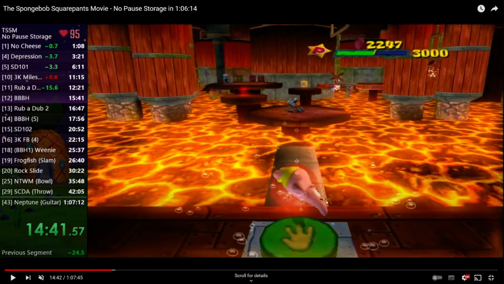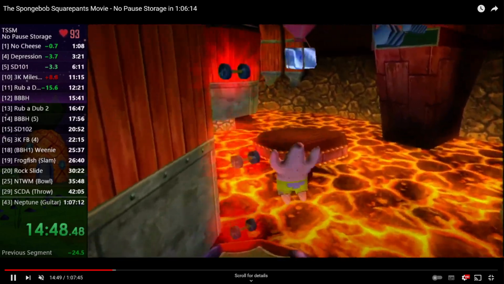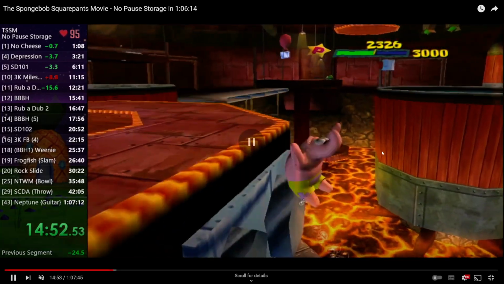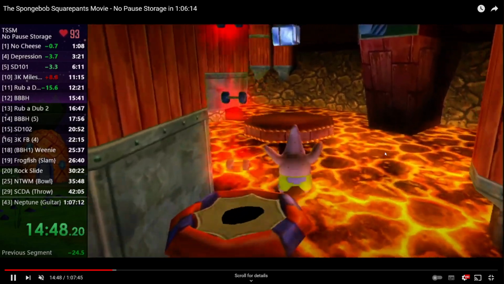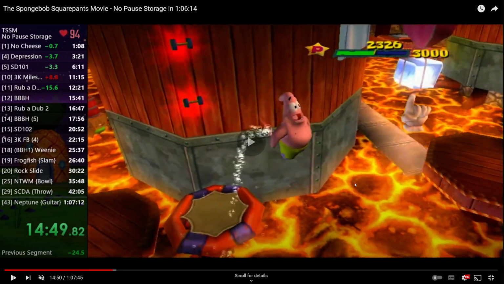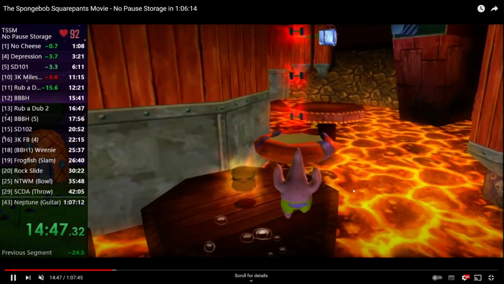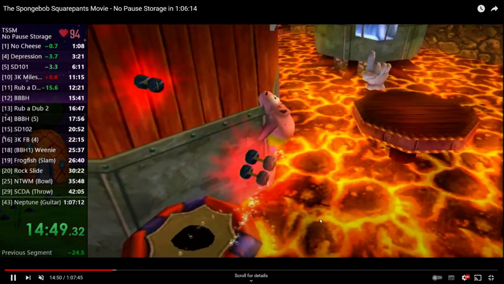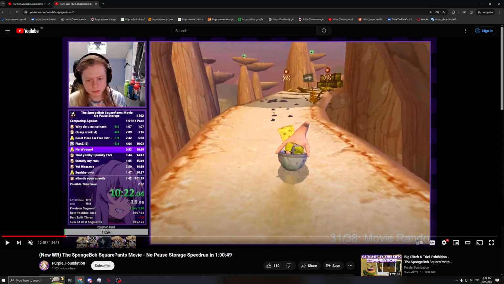Again, I'm seeing a lot of cases of Varrz not allowing the camera to do the work for him, and so he keeps adjusting his line when he would otherwise not need to. That double jump was unnecessary. You just, yeah, I don't know what that was about. If I look at my run...